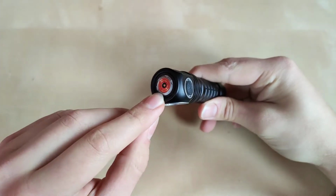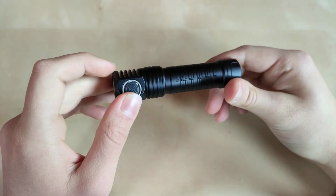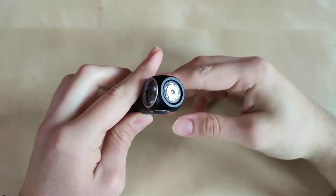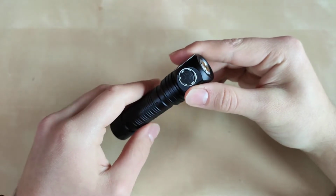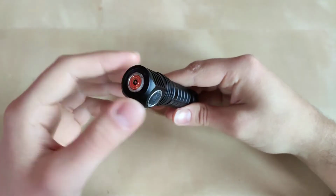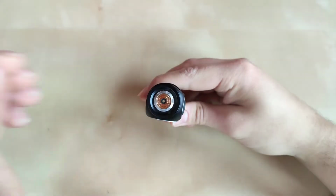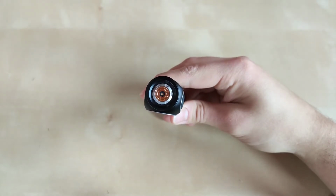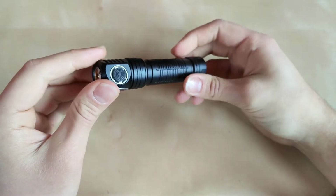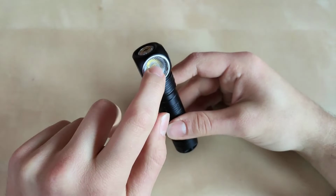Second thing is the charging. It poses some problems, especially when you like to charge an almost fully charged battery. The Skilhunt won't charge it after it reaches 4.14 volts, so yeah, it loses some potential, and this magnetic charging port is really prone to some misalignment, so be careful not to disengage it while charging, because it also may cause you some problems. The third thing is actually no glass over the optics,